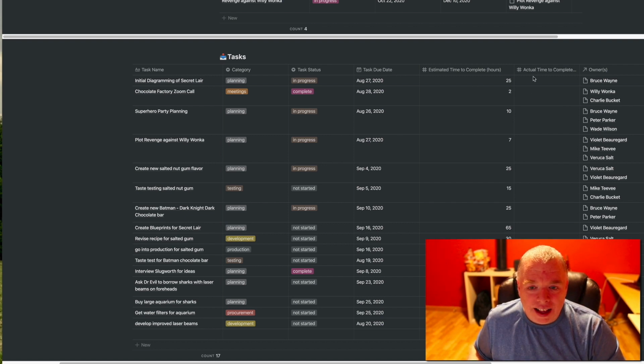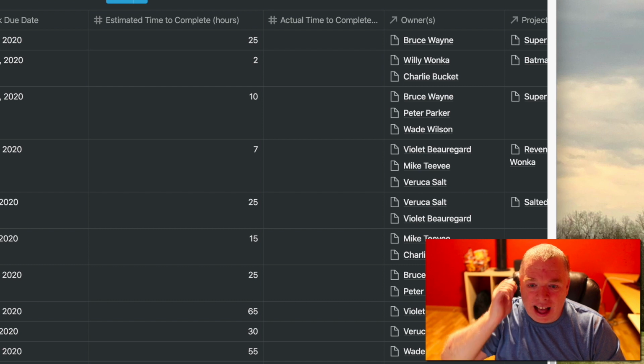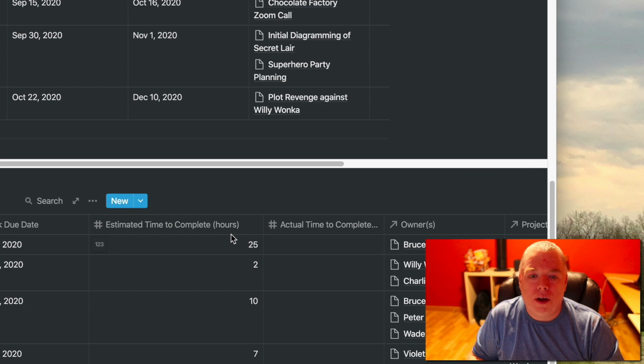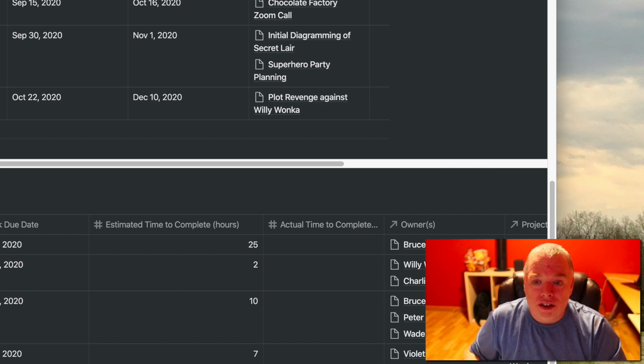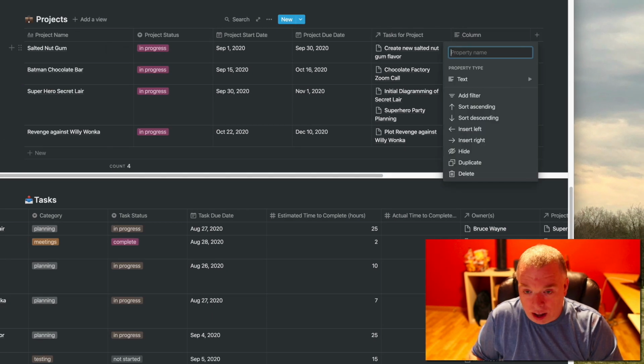So notice I have this estimated time to complete in hours. Now, that's great on individual tasks, but when I'm looking at my project, I have my project start date and due date, but how many work hours do I estimate the project's going to take, right? So for each project, I could come up here in my projects, add a new column, call it estimated work time, and come over here